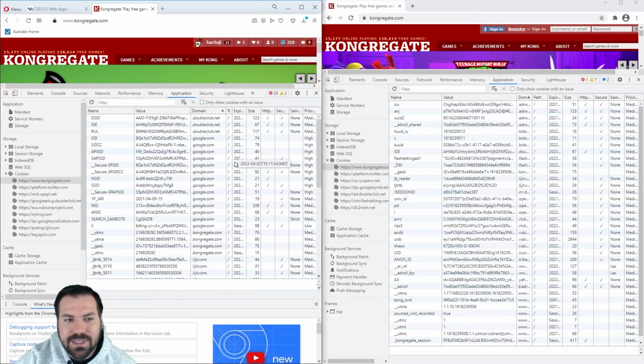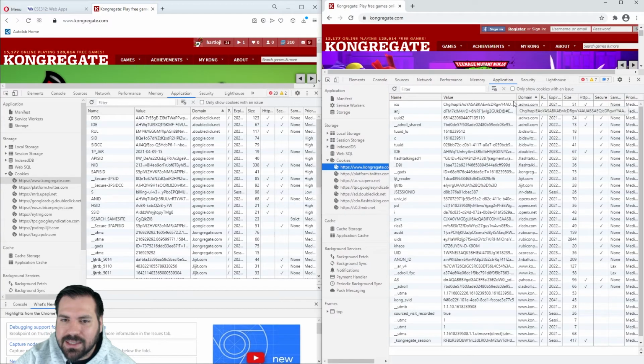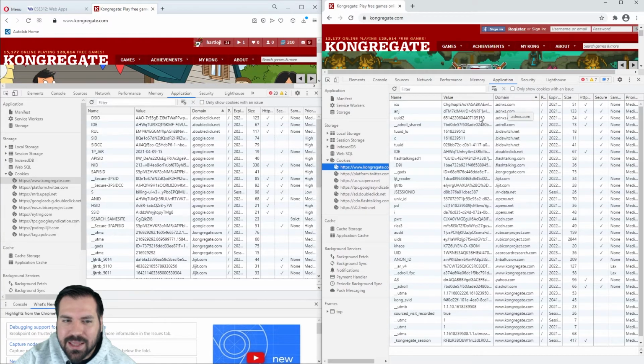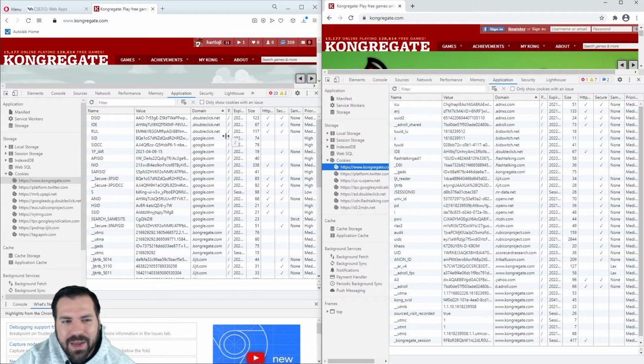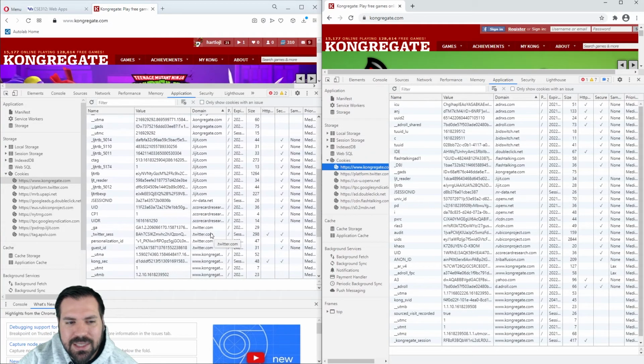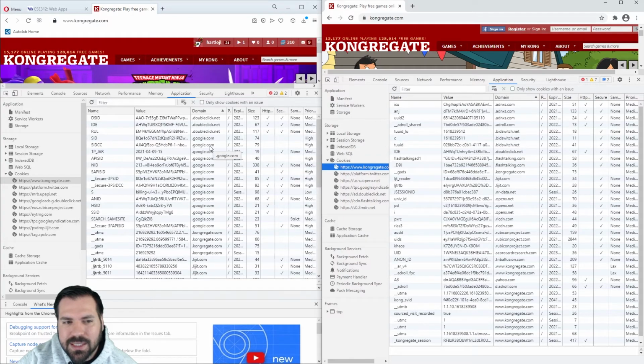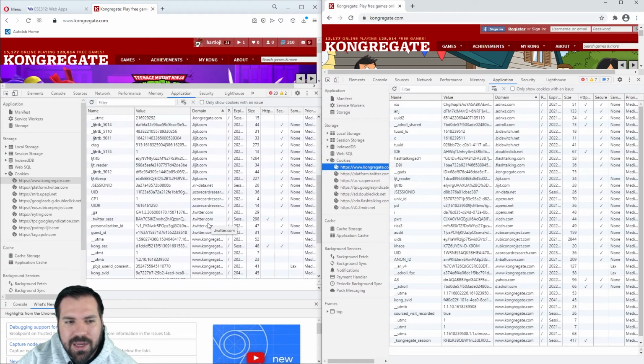Not all of them set by Congregate, which, when I was playing with this, interesting thing, I actually get different tracking on different browsers. This is Chrome on the right, and this is Opera on the left. And I think possibly Opera is blocking a lot of these, just with what I have installed. But you can see a few places. Google always has their hands on everything. DoubleClick, whatever this is,